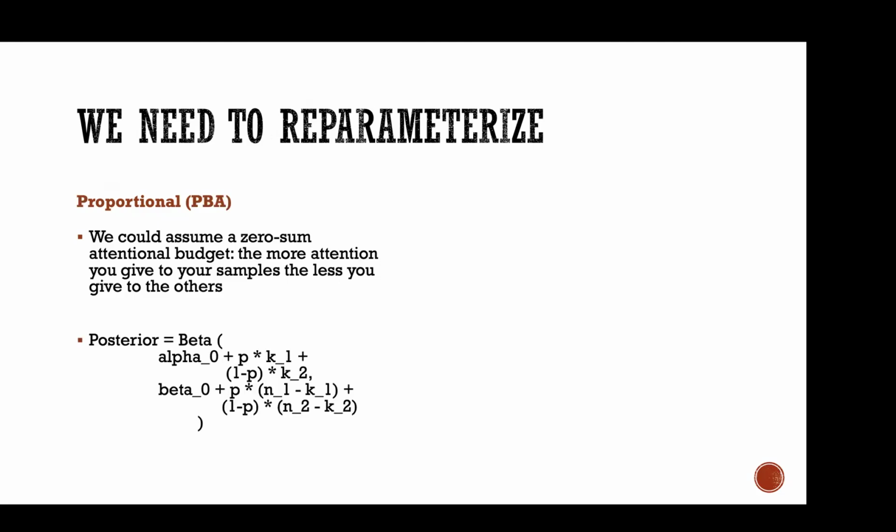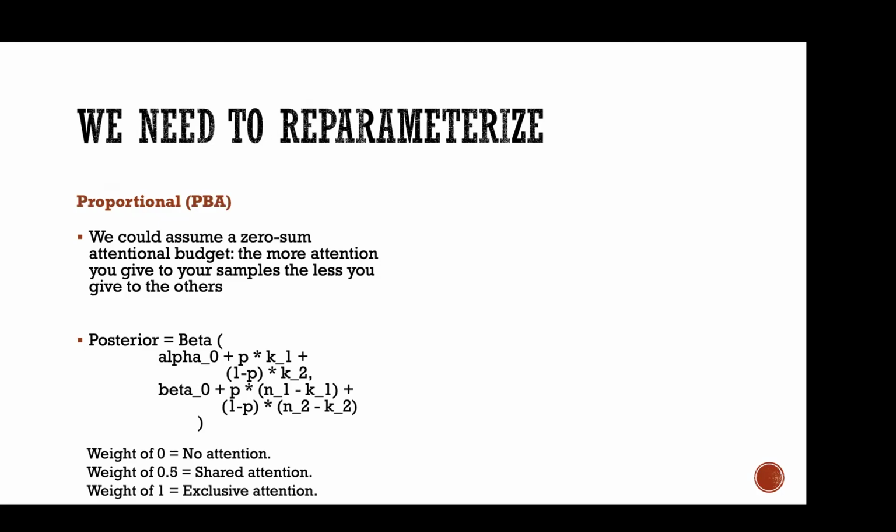And then what we rewrite is the two weights. One of the weights is P, and the other weight is 1 minus P, if we assume that the overall attention is 1, right? If we had assumed that the overall weight of evidence was 2, for whatever reason, then here it would be 2 minus P. Where on these scales, 0 to 1, a weight of 0 is no attention, a weight of 0.5 is equally balanced attention, and a weight of 1 is exclusive attention to one of those.